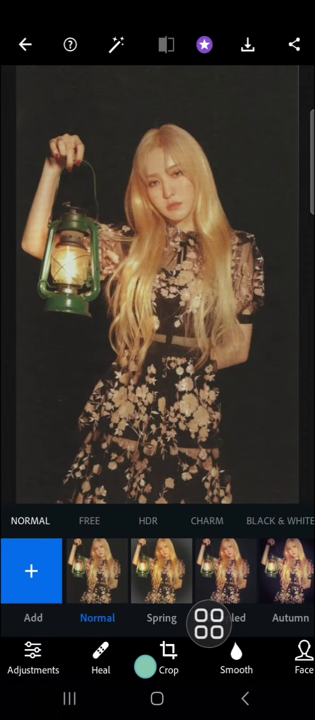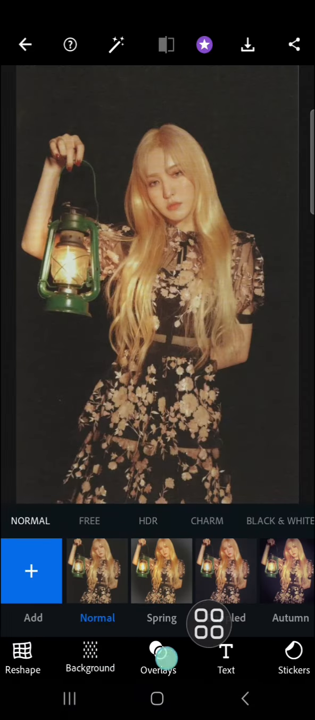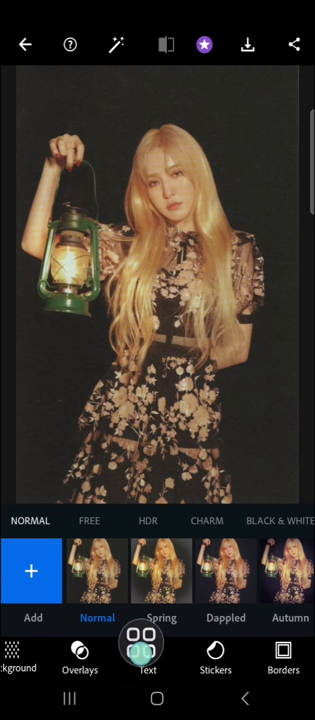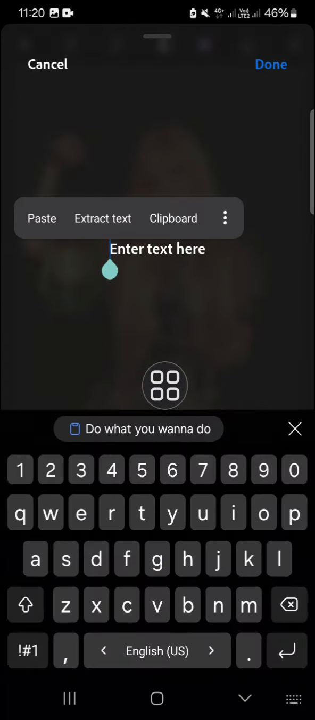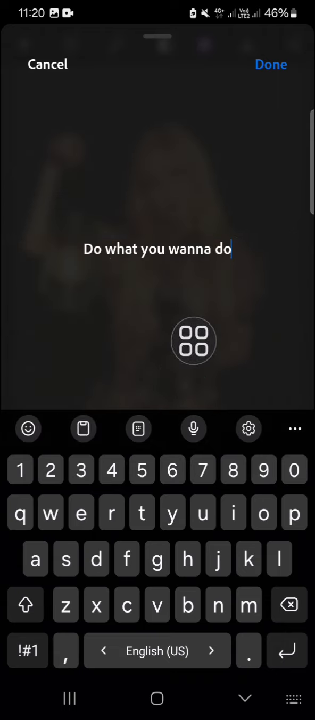And then I'm going to add text to this photo. We can go to the text option. Just scroll all the way to the right until you find the text option, and you can type in the text you want to add to your photo. I'm just going to add like quotes to my photo or my poster, and then we can click on done,